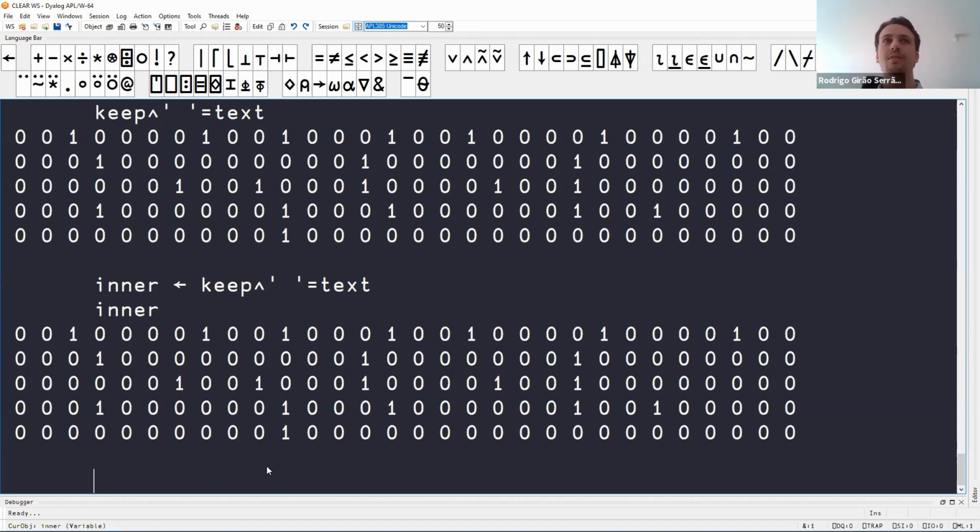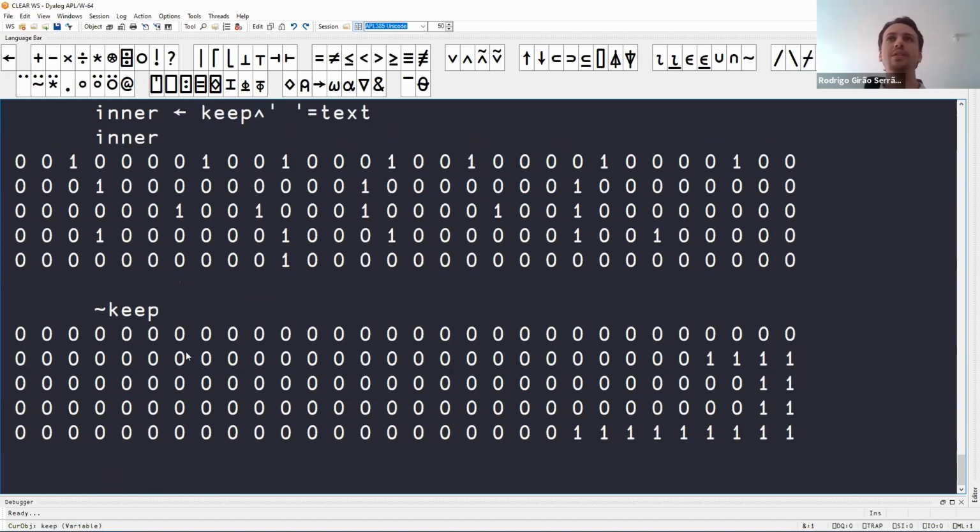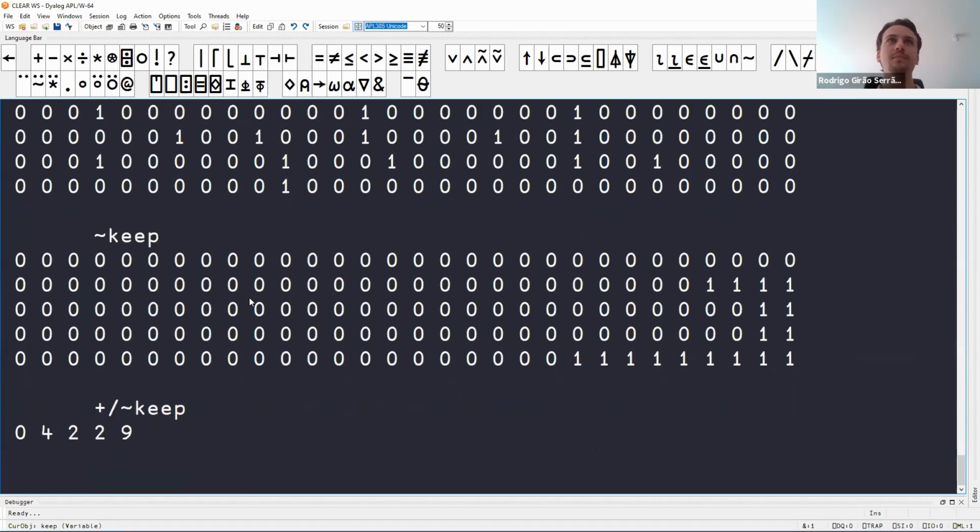So to find out the number of trailing spaces, you can take a look at the matrix of the vectors that you do not want to keep, because these have trailing ones. Then you can just ask APL to sum along the rows. In order to sum along the rows, you can use the plus reduce that we have seen. Think of it as inserting the pluses in the middle of each row. So the first row has no ones, so that sum gives you 0. This one has 4 ones, so that gives you 4, etc. And these are the number of trailing